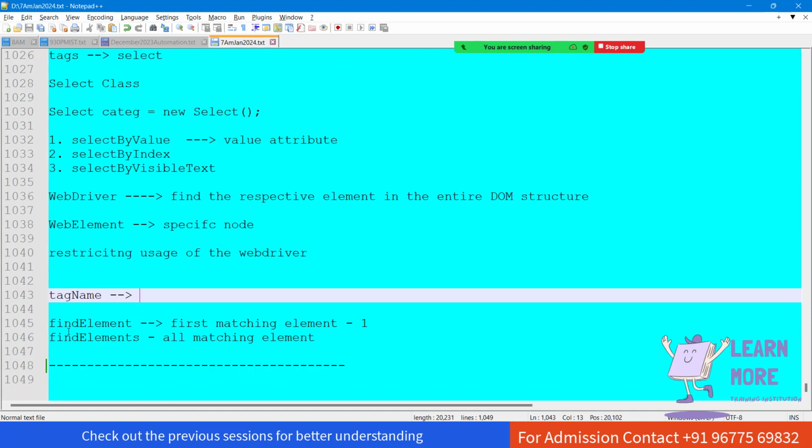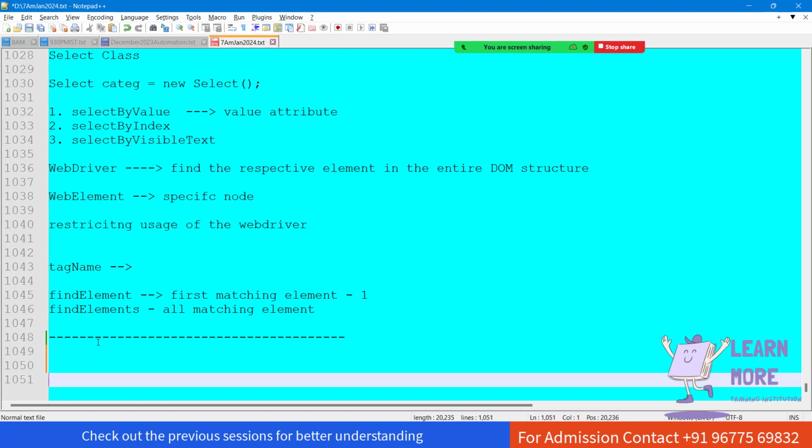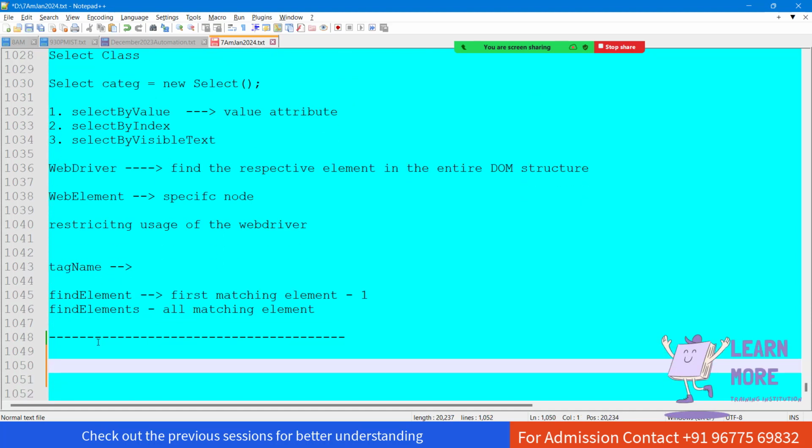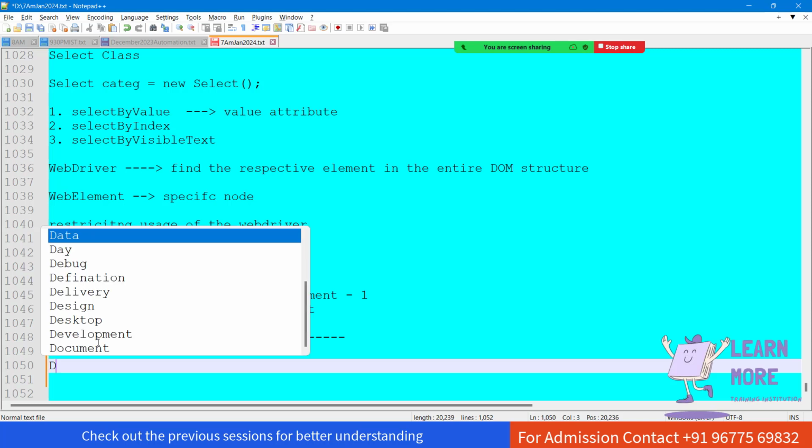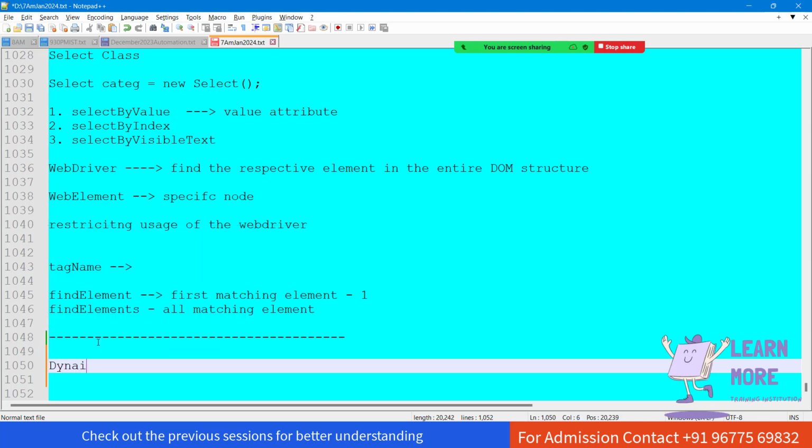Okay, so today we are going to discuss how we can handle the dynamic dropdown, followed by how we are going to handle the table, and then we are going to handle the mouse over action. So we are going to do some different actions, like let's say we are going to handle the